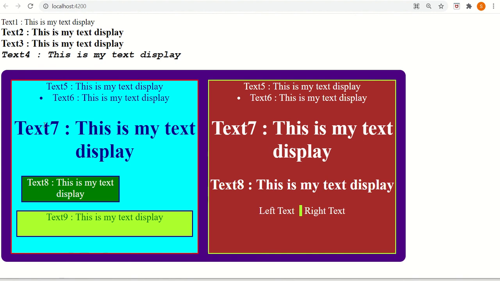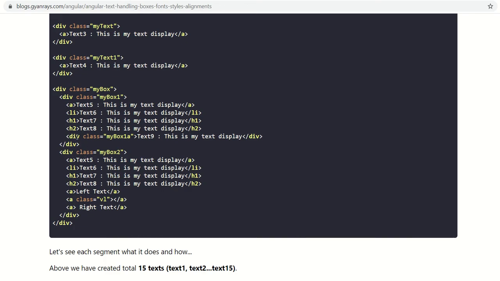Header 3 is for subtitle purpose. Header 4 is for content which needs to be highlighted in the paragraph. And so on, multiple header texts have been provided. You don't need to set the properties over and over again. Now you see this is the last text 9, which is displayed and which has a property my box 1a.